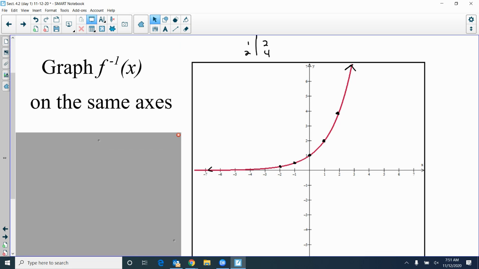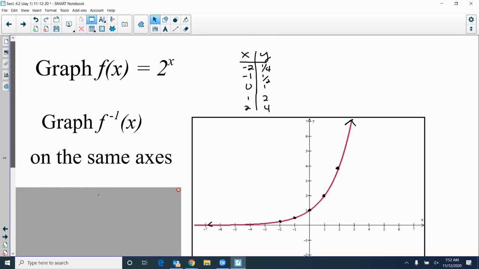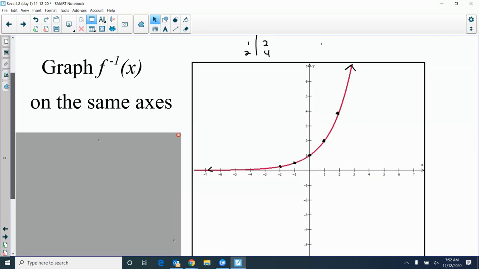What would the inverse look like? Okay, now we've gone over inverses and we've gone over inverse graphs. What would the graph of the inverse look like? Now, remember, for an inverse, what flips? Remember, if x, y is on your original graph, then what point is on the inverse? y, x. Those flip. So for f inverse of x,